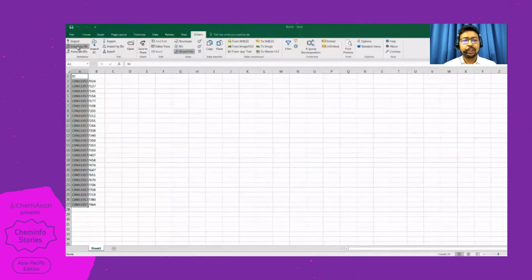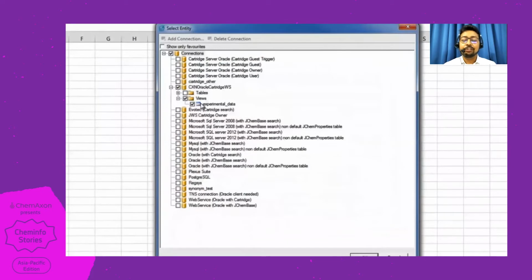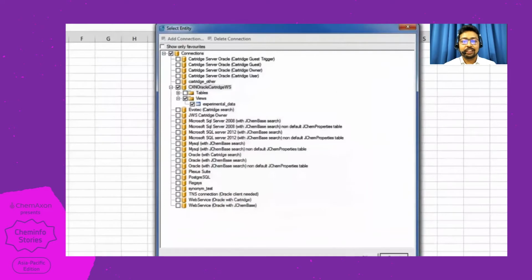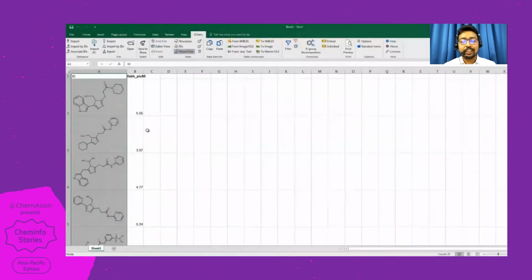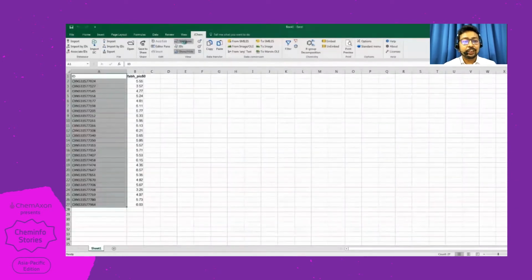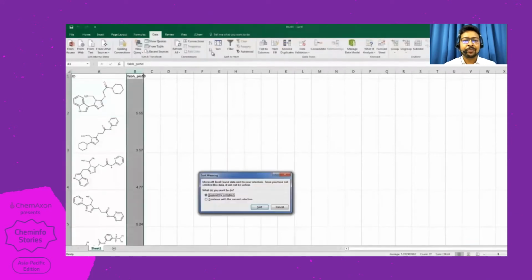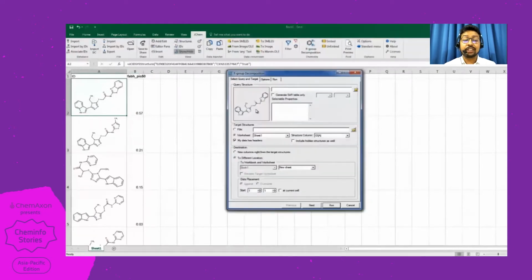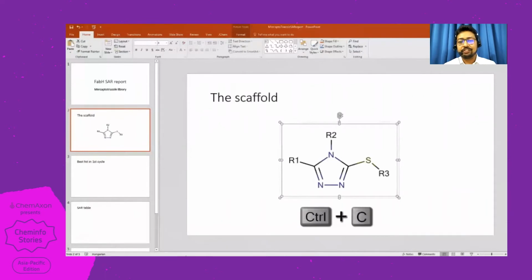So what we do is we just copy the IDs into a blank Excel sheet, then import the data from the relational database, the JChem table. We just make sure that the table that I have selected is correct. We also select the non-chemical data that we want to select, in this case the pIC50 value. After importing, we can just toggle between the structures and the IDs just to make sure we have imported it correctly. Then we can sort based on the IC50 values to make sure that we select the most potent one on top.